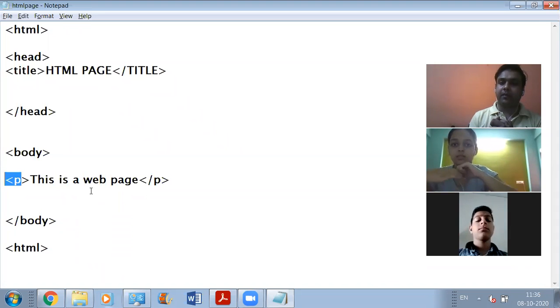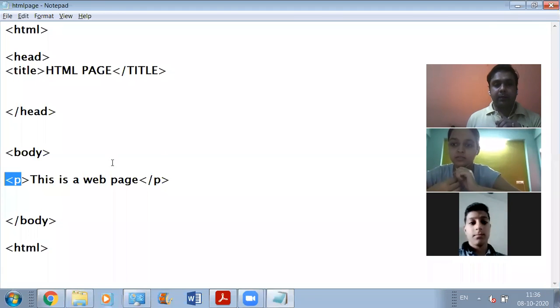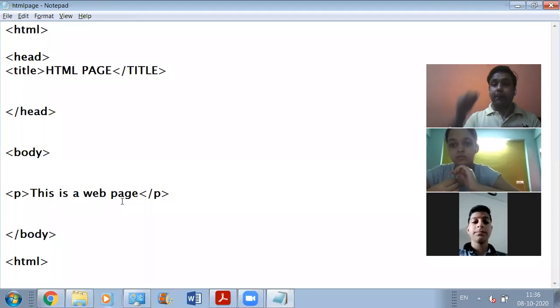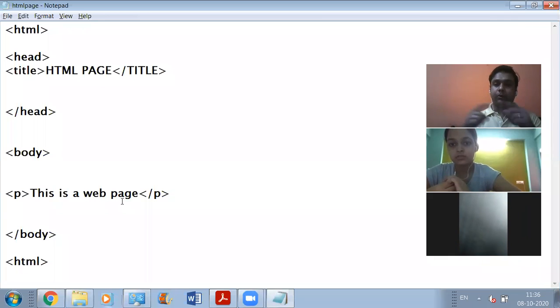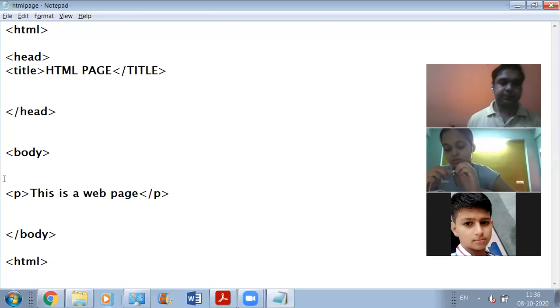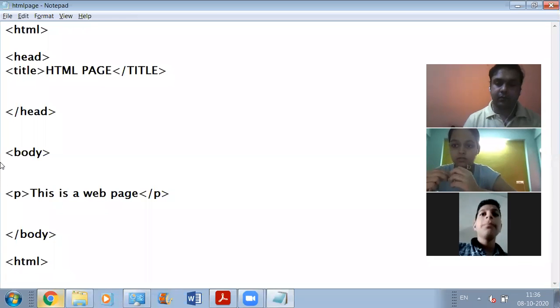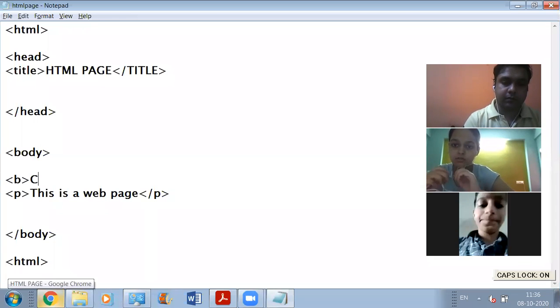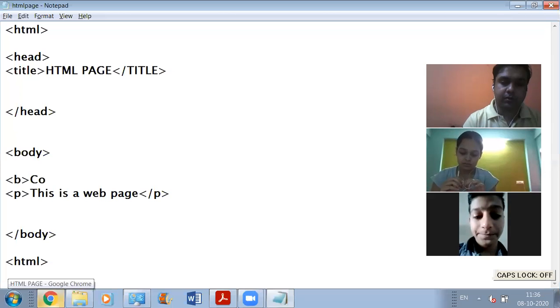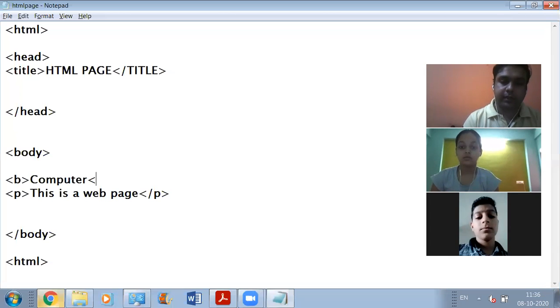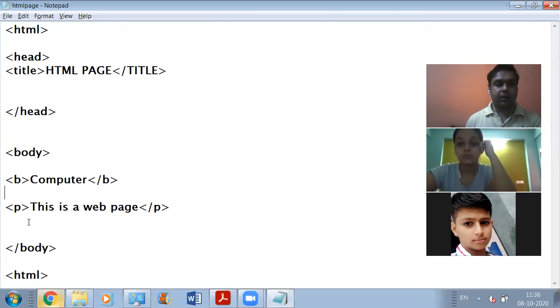Let me just show you a use of it. How can you use a bold tag and a paragraph tag together? Computer. And here I am closing this bold tag. Now inside this paragraph tag, I'm going to write a definition of computer.